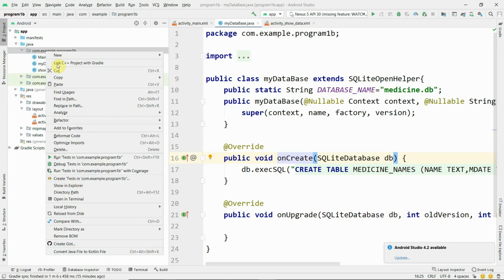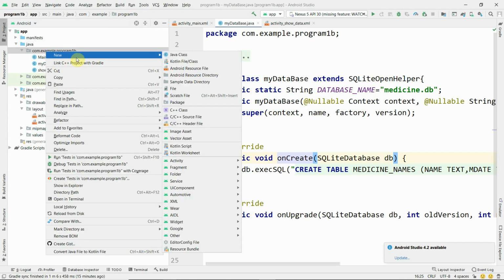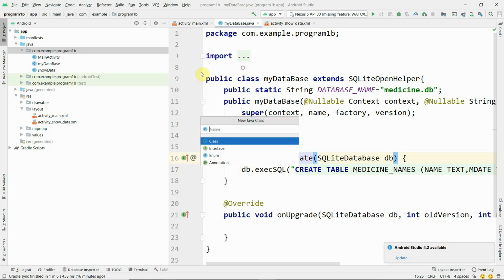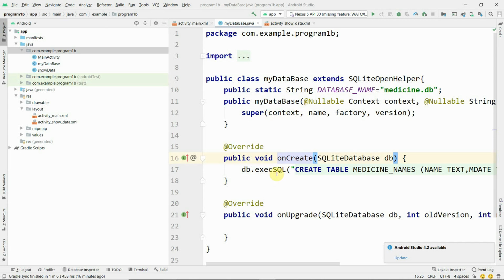Right click on form.example.program and select new and Java class, and then select here my database as the database name. Any database name you can give. Here it's already given my database, therefore I give my database 2 as the class name.